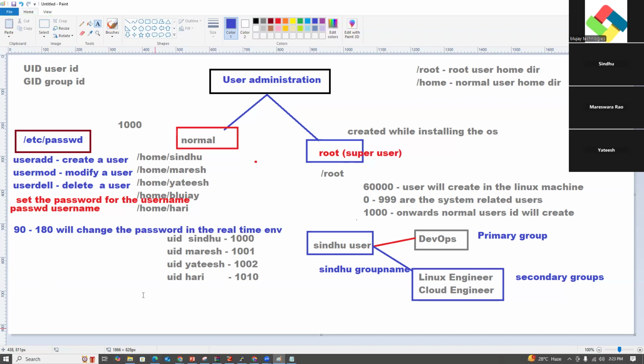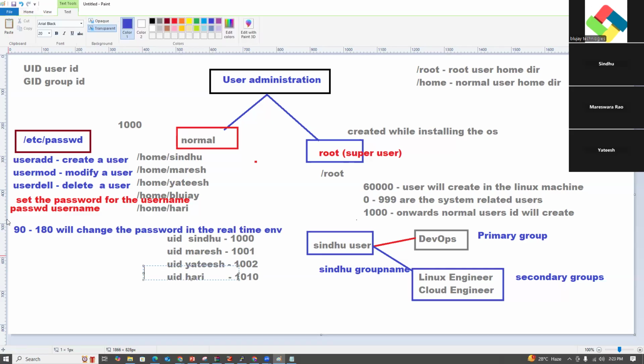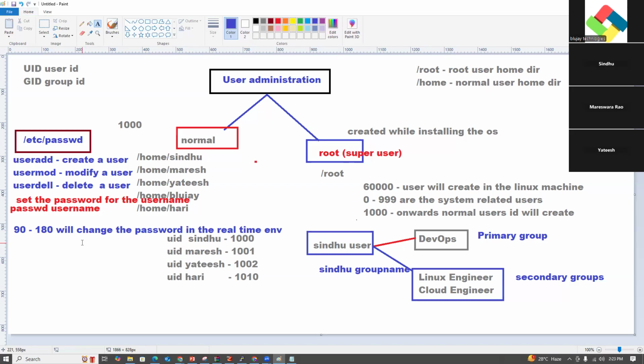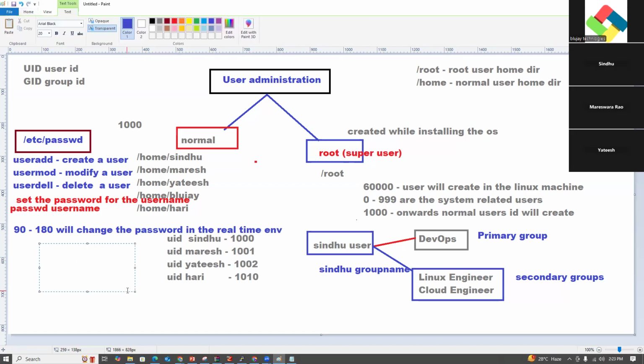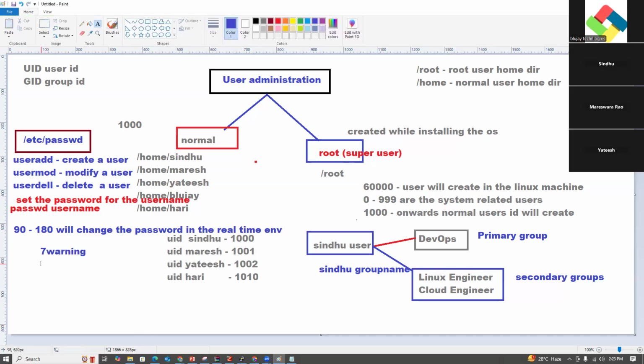It is something like how you log in as a Windows user. In the real time, they create a policy, something like 90 to 180 days you can change your password. In the same way, it will show a warning: your password will expire in 7 days, 6 days, 5 days, 4 days, 3 days, 2 days.